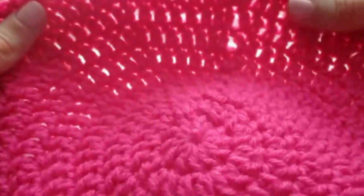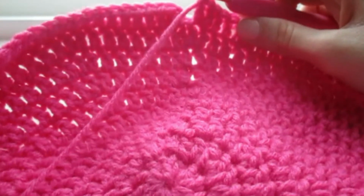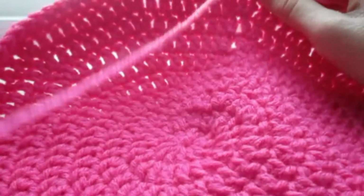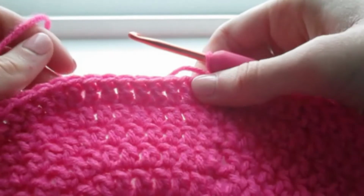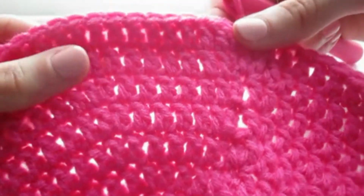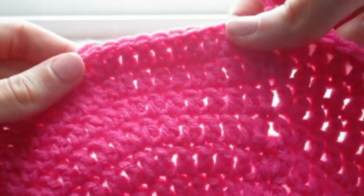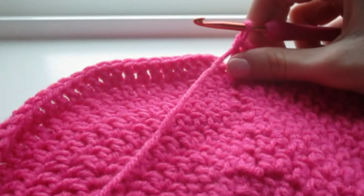By now you can probably see a pattern whenever we go on with each round: as we go on to the next round, we add 1 double crochet to the amount of double crochets we do before each increase. So on the last row, which was the 9th row, we did 7 double crochets and then an increase. But on this 10th row, we did 8 double crochets and then an increase. So you can keep doing this pattern until you get to the